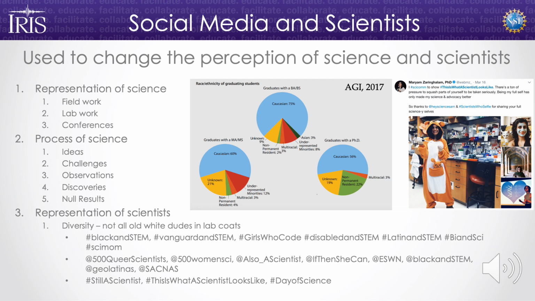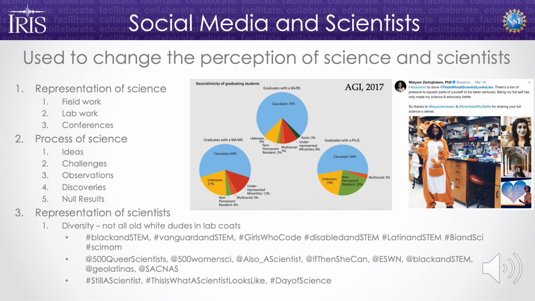You may have seen the article that came out in 2018 in the Washington Post. When asked to draw a scientist, 3 out of 10 children drew a woman. So that's amazing. That's more than ever before, but it's still only 3 out of 10. So people still have the stereotype of scientists as older white men. And that's not true, right? We have lots of beautiful diversity in science. And social media is a chance to highlight that.